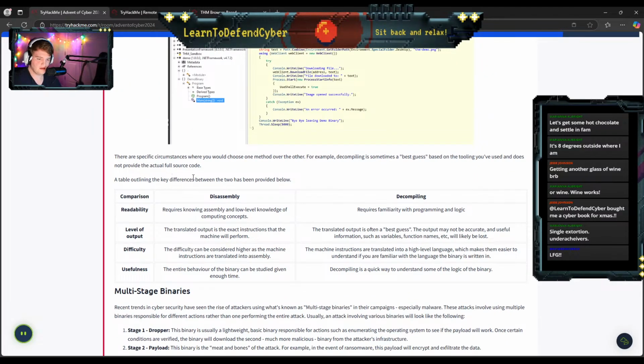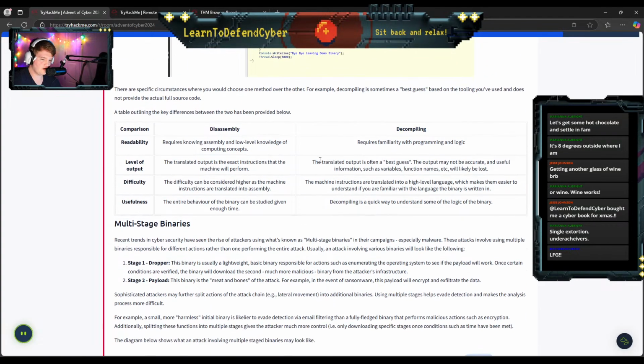Alright. There are circumstances where you want one over the other. Sometimes a best guess, or just do both and see if you can get anything. Readability: obviously, low level is going to be harder to read than high level because high level has actual words, whereas low level is just assembly instructions.